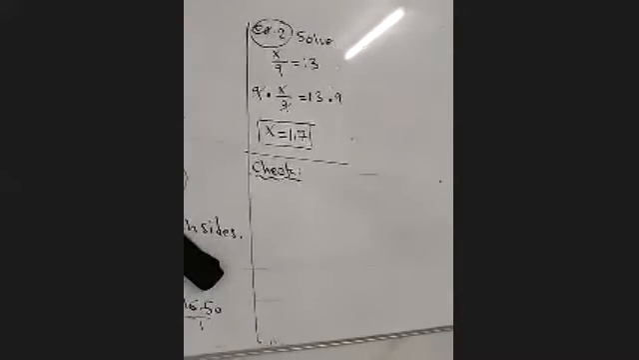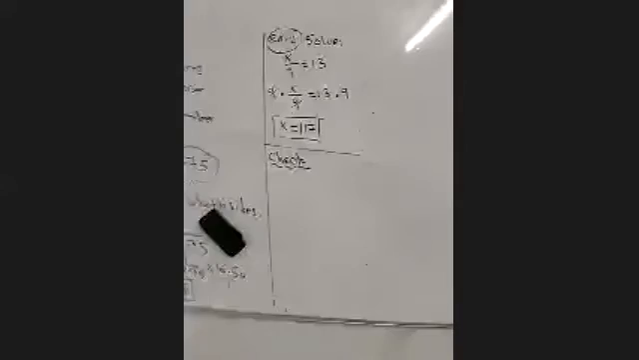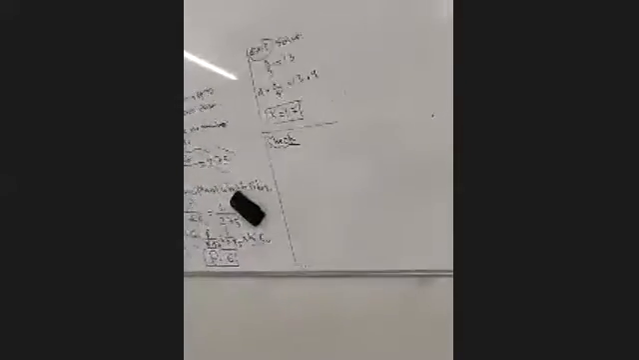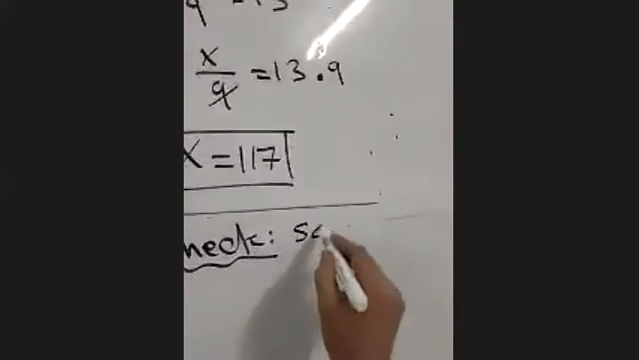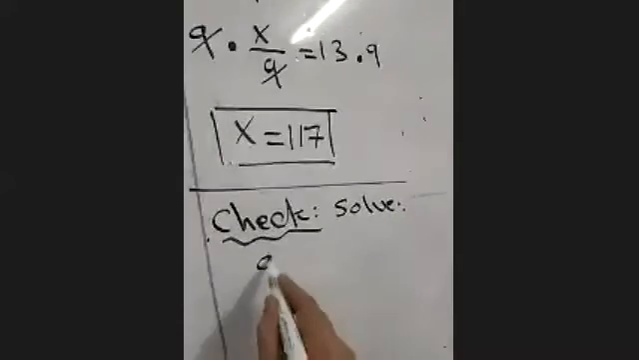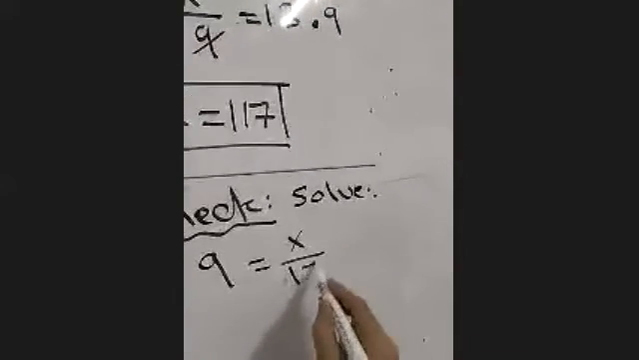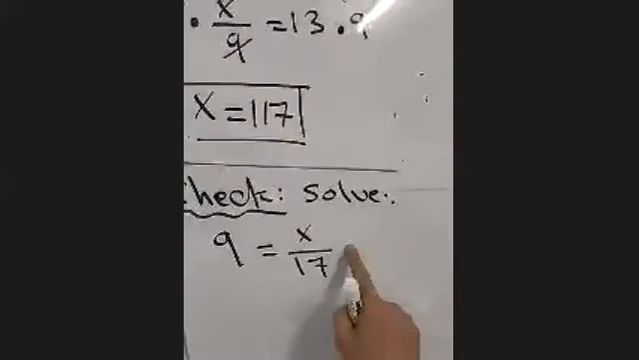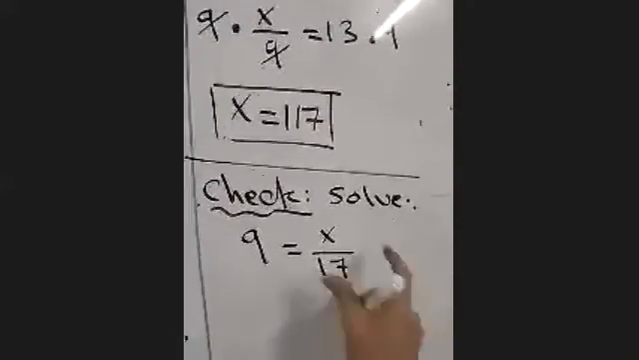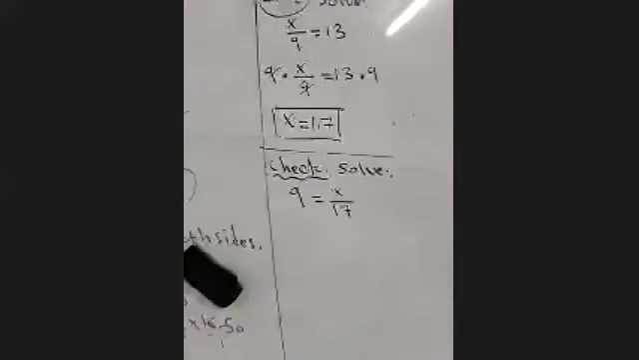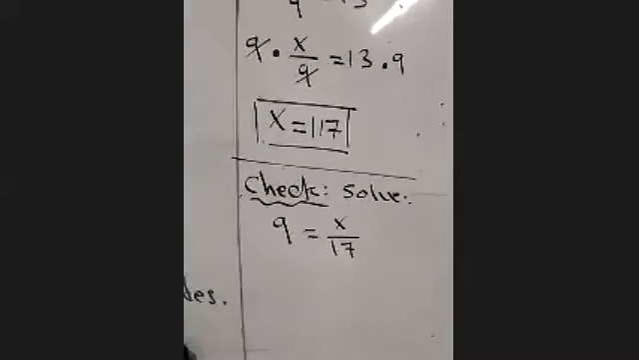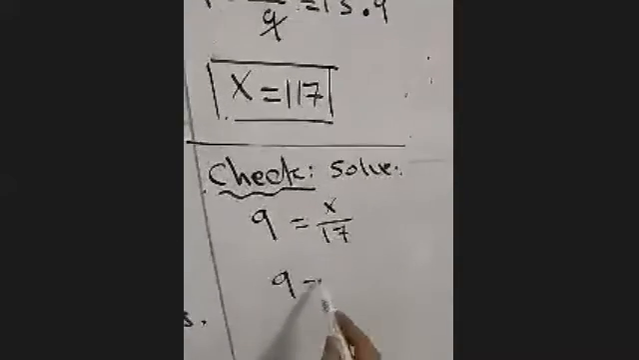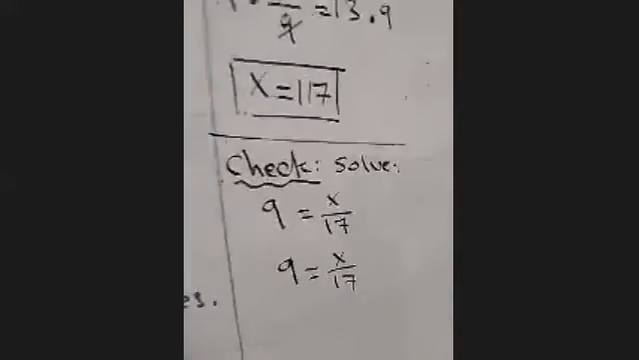Yalla, read. 9 equals x over 17, solve for x. Solve 9 equals x over 17 for x. The word for x, guys, means to find the value of x. Okay, we know that. Yalla, tell me Rayyan, what will I do here? We will write x over 17. Then